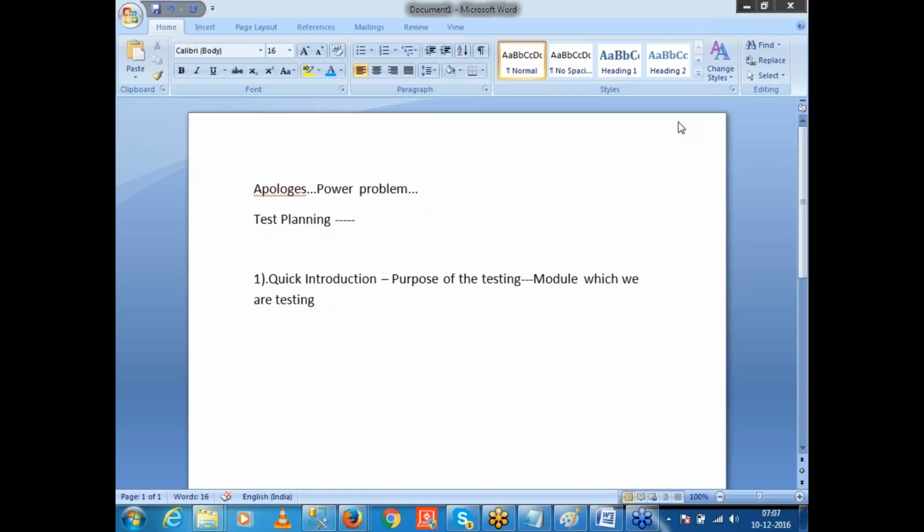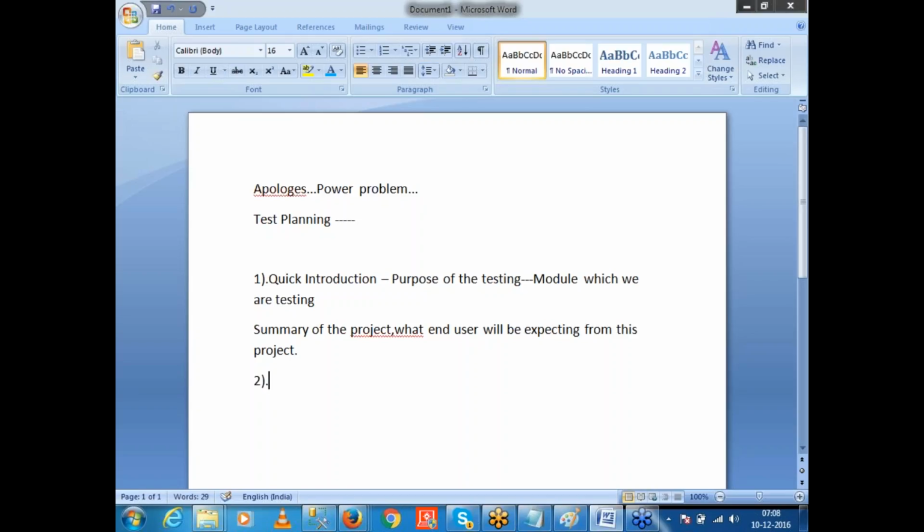Okay, coming back. A quick introduction will help in the test plan document. Then the purpose of testing is just a brief summary of the project, what will be expected from this project. I mean, not we, but the client or the end user. Once that is defined,